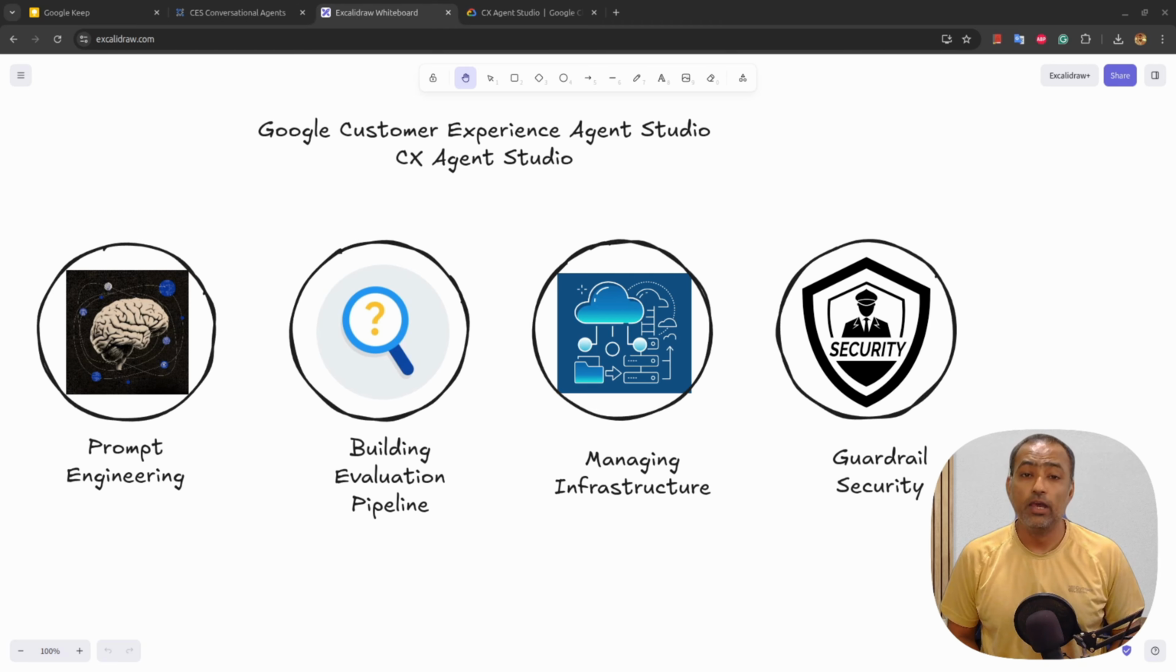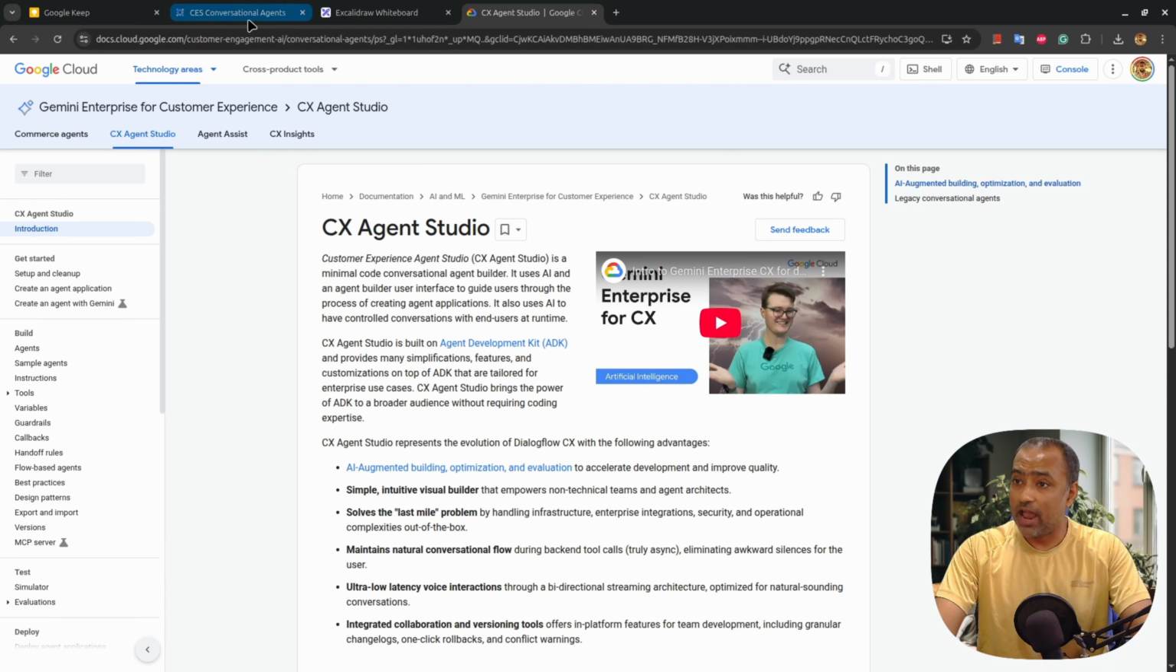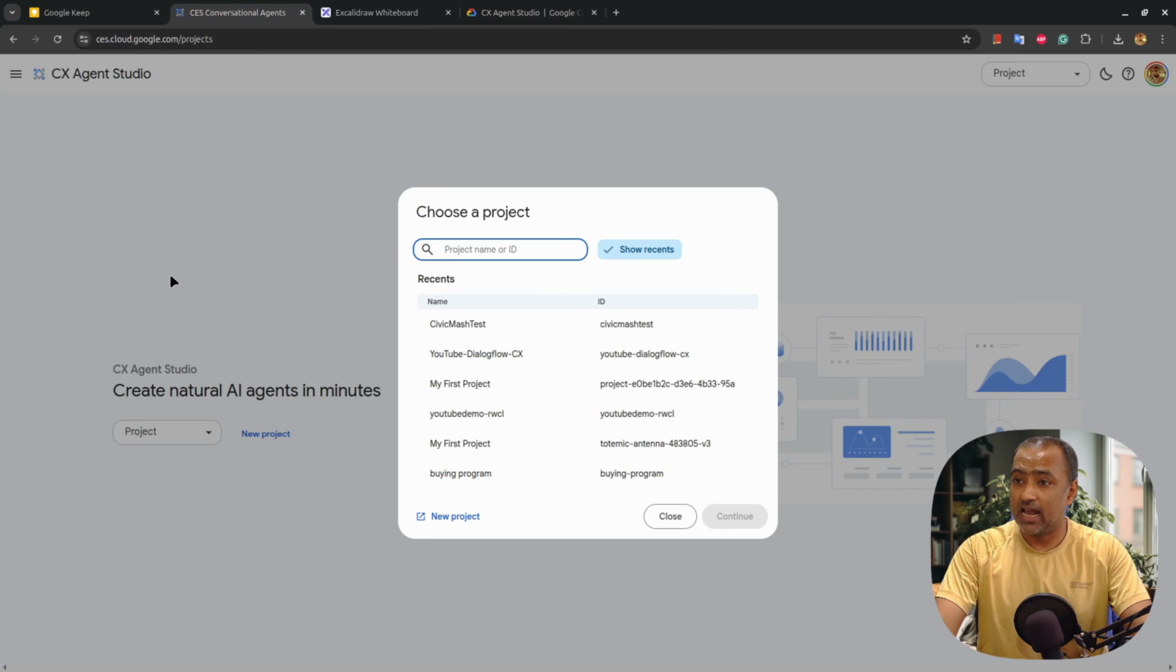for enterprise. Google just solved this with their new platform called CX Agent Studio, broadly Customer Experience Agent Studio. This platform enables you to build agents at scale for enterprise. So let's directly go to the platform itself. In order to go to the platform, you need to go to